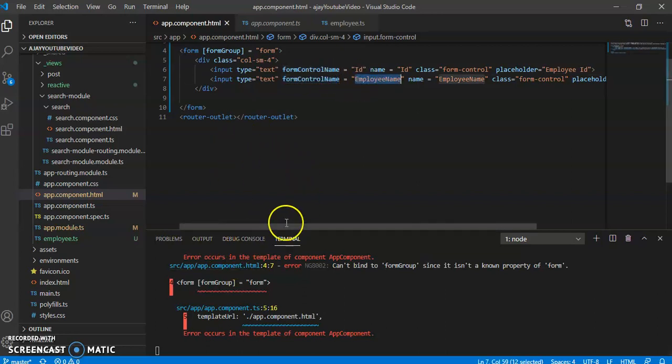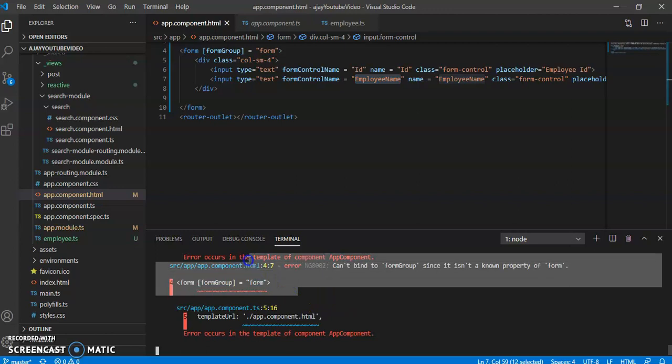Now, as you can see, my compiler is showing some error. What is this error? Can't bind to formGroup since it isn't a known property. From Angular 9, the compiler is doing ahead of time compilation, so any build errors related to HTML and TS will show.